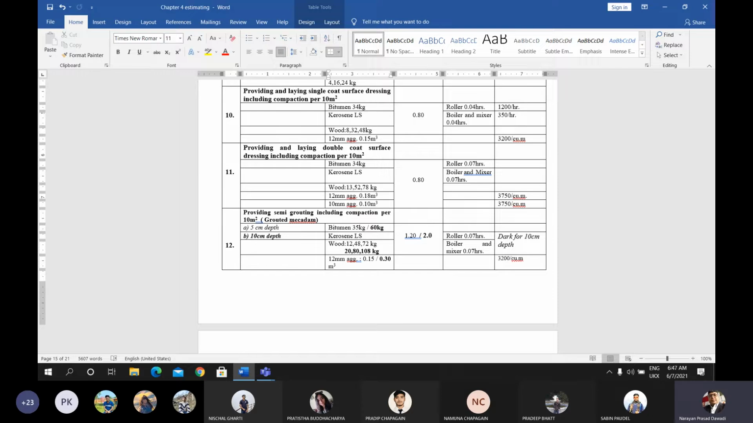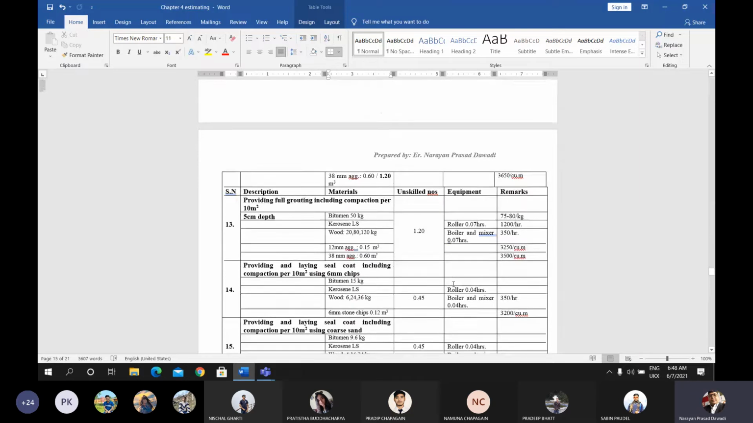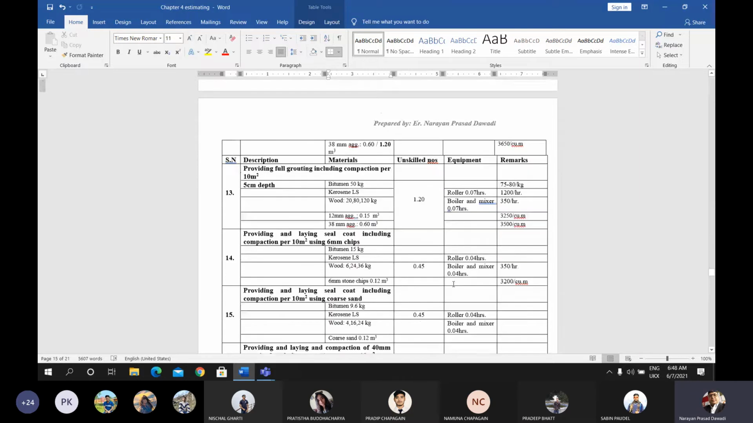I have provided in the remarks dark letters for the 10 centimeter depth, and the faded or faint letters for the 5 centimeter depth. In this rate analysis, two types of thickness are considered for the semi-grouting, 5 centimeter and 10 centimeter depth. Now, for providing full grouting, including compaction, for 10 meter square, penetration macadam, grouted macadam,